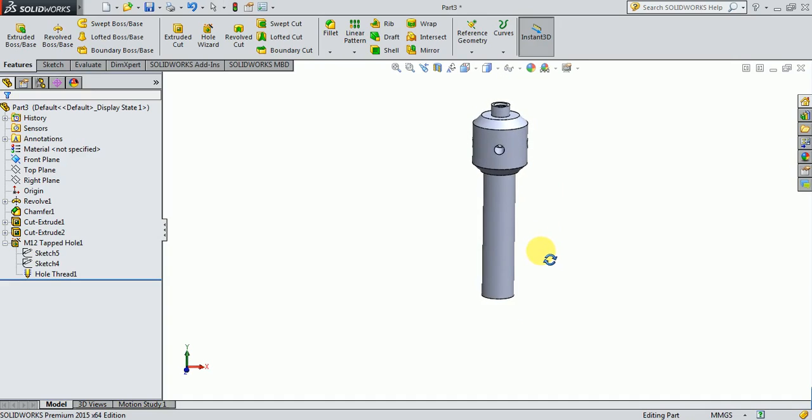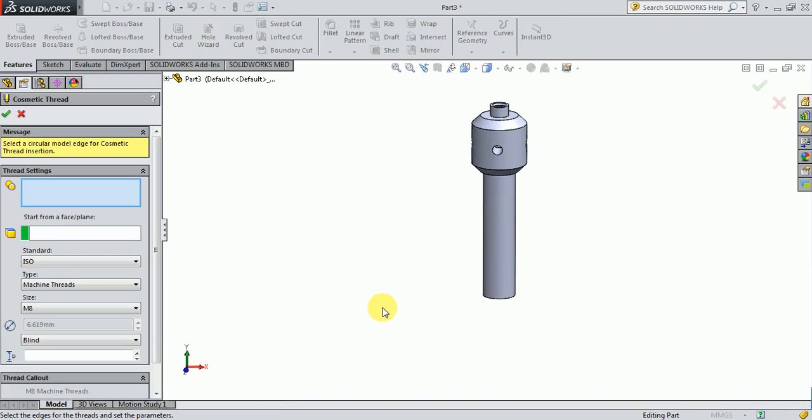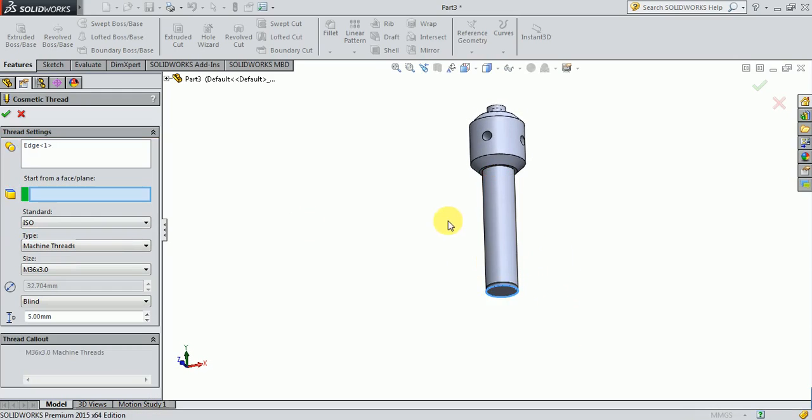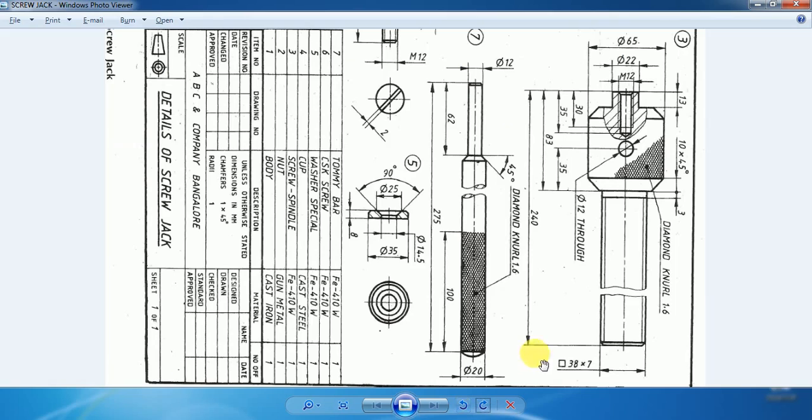So what you have to do is again go to the insert option here, go to annotations, go to cosmetic thread. Then again it is asking from which circular edge you have to give the thread. So I am going to specify this bottom circular edge here. From this bottom circular edge I have to give the thread, you can see here, from this bottom circular edge the thread should be given up to somewhere here,